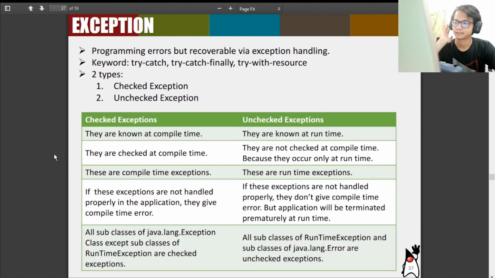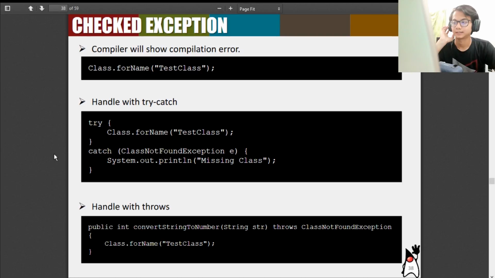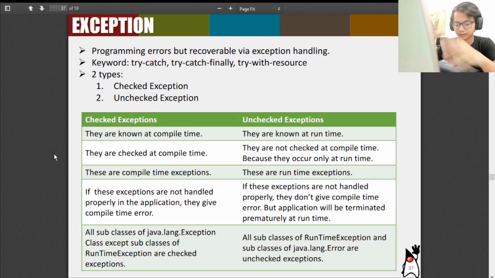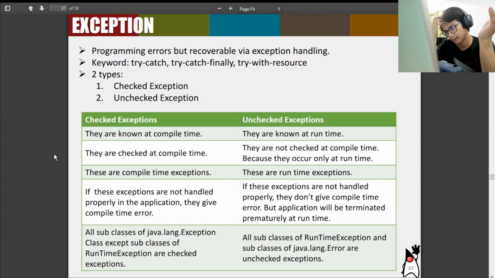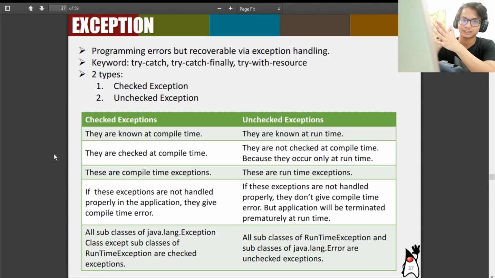Errors and exceptions. This one is important. For example, I'm going to talk about this first: the checked exception and the unchecked exception. A checked exception is like when you forget a semicolon or something. The checked exception is not as harmful as the unchecked exception, because with a checked exception, the IDE, the software,